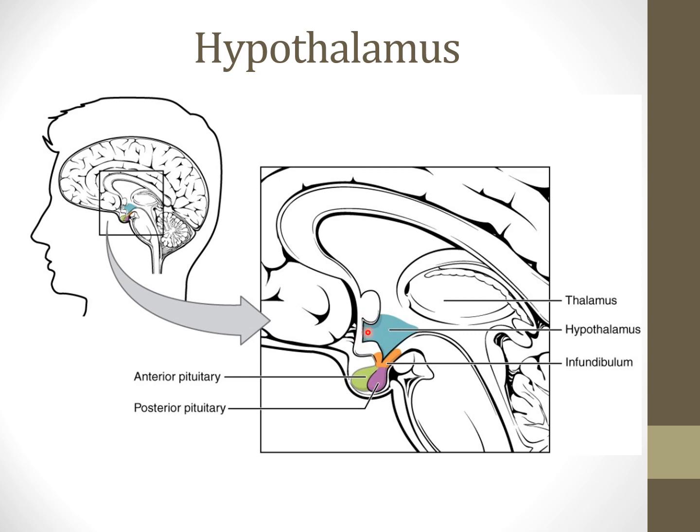Anteriorly it is related to the optic chiasma. You can see a small eminence just below the hypothalamus called optic chiasma. So the anterior relation to the hypothalamus is the optic chiasma. And what is the posterior relation? The posterior relation is the median eminence, mammillary body. So the eminence called mammillary body is the posterior relation. So anteriorly from optic chiasma to posteriorly to the mammillary body, the hypothalamus is extended.